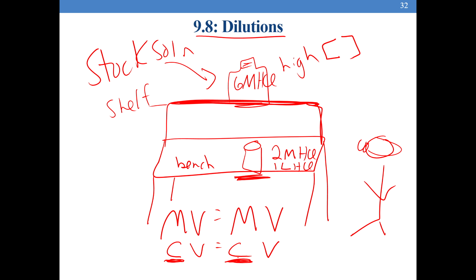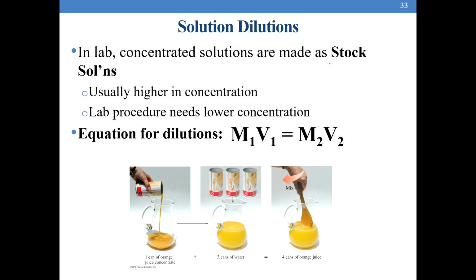You could do it if you had a mass percent concentration or any other concentration, okay? But I did not use any formula more in grad school than this formula here. You use this in the lab all the time. So in lab, on the shelf, way high, would be a stock solution. That's a high concentration solution, and you would make a lower concentrated solution for the experiment that day. Here's the equation for dilutions. The 1 simply means an initial solution, that would be like the higher concentration, and